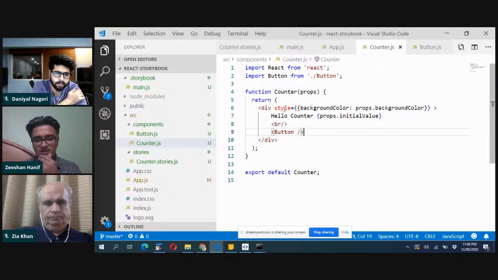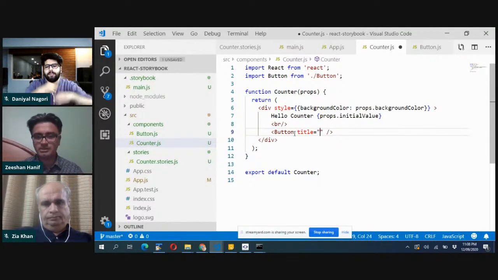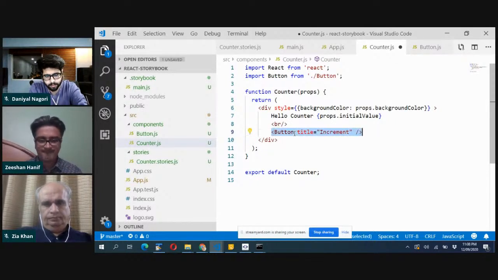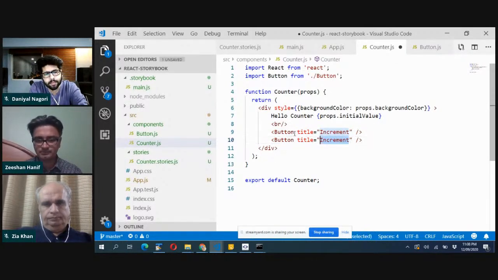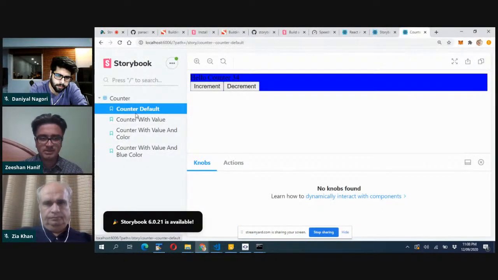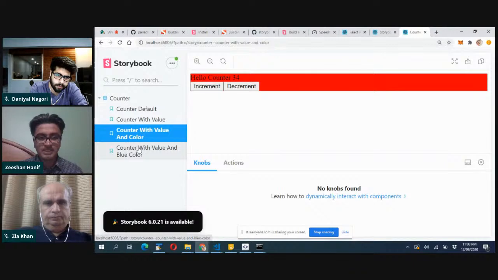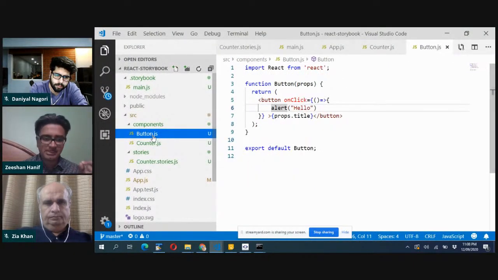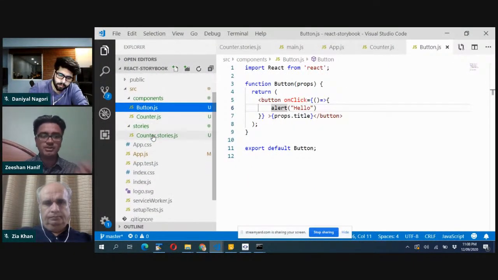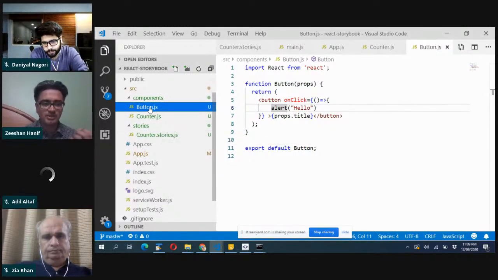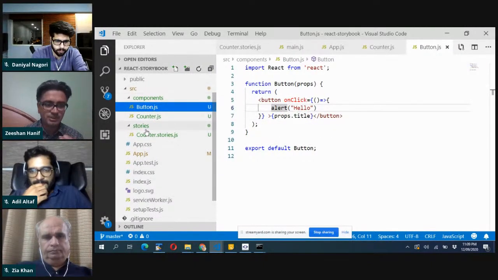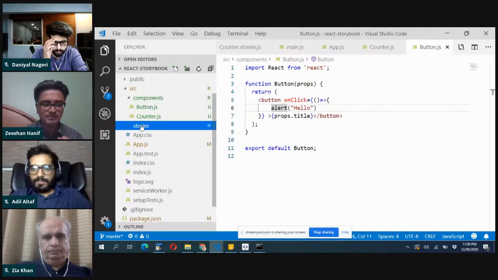That's the easy part. So title should be increment, and it's simple. We have these two buttons, but as we have created a separate component with the name button, we should have a separate story for that so that we can view different styles of a component if we want to create it. So what we need to do is create another story,